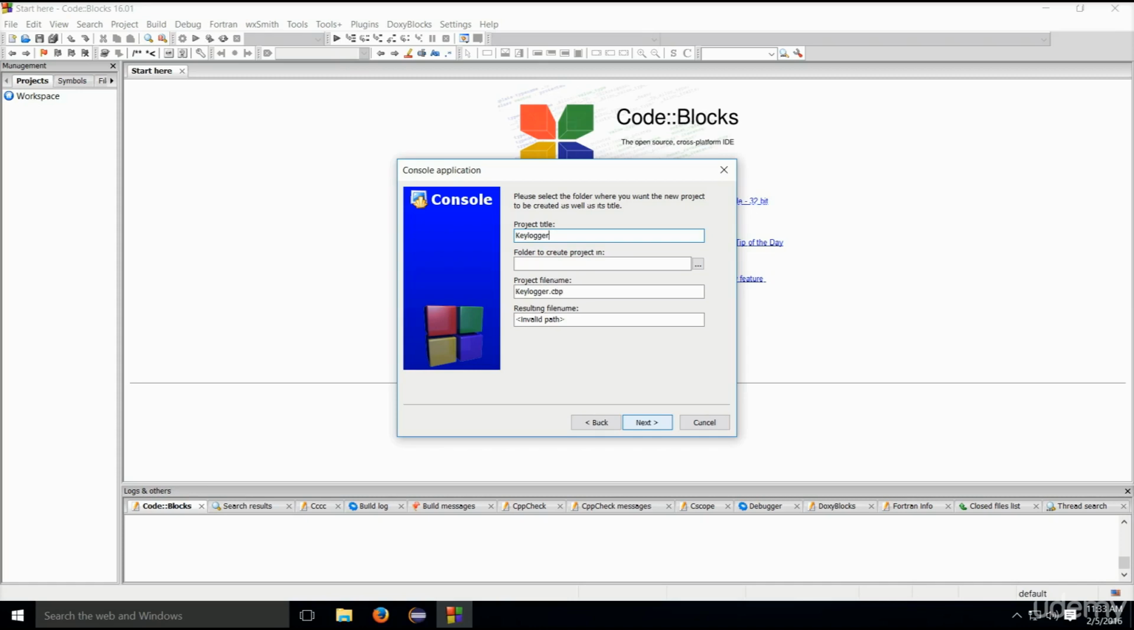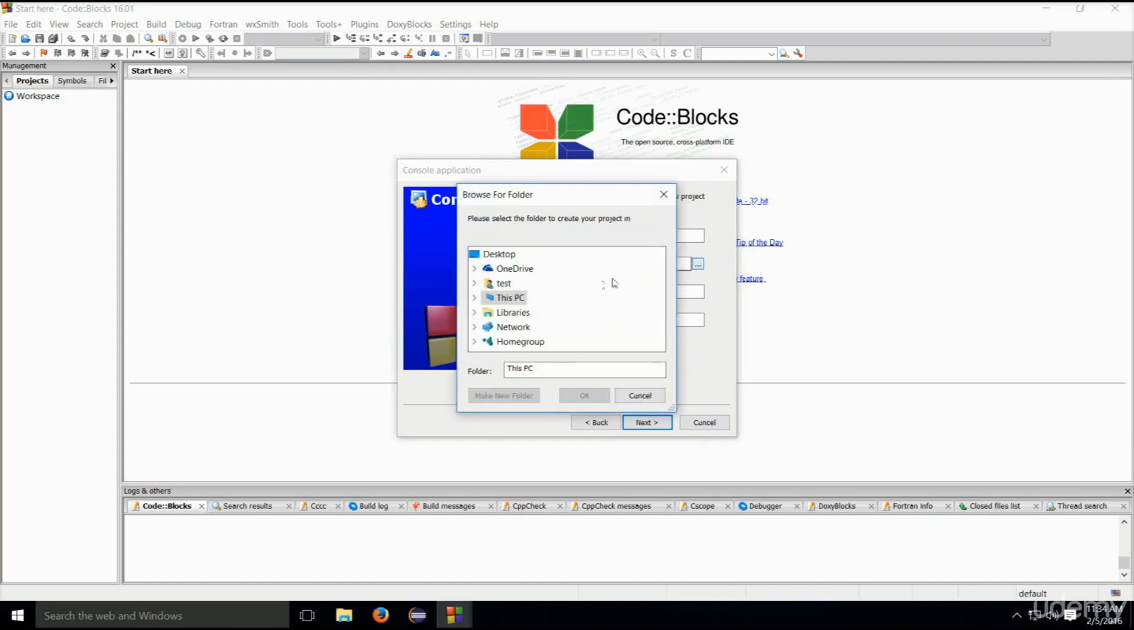keylogger. I will name it differently here because I've already created a project keylogger and I already wrote some code into it and explained it, and I'm doing the setup videos after that. But name your project keylogger, like this. And the folder to create the project in, that will be